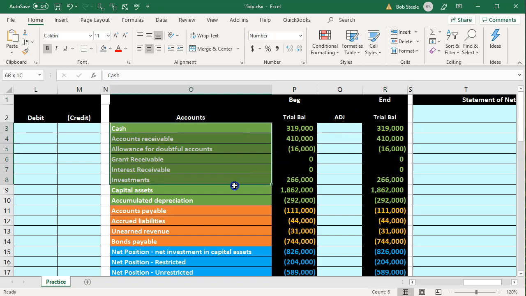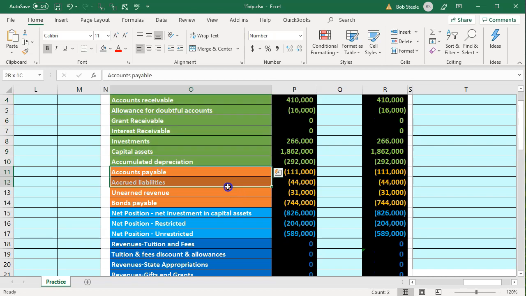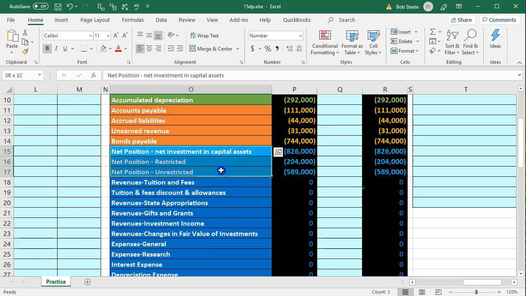This will be in order with assets on top, then liabilities in orange. Then we have what would be the equity section in a for-profit type of organization, here being the net position section. So net position section here, in essence the same. Just keep in mind the terminology. We have a public university. Now we're looking at net position, similar to the equity section in a for-profit organization, or net assets in other